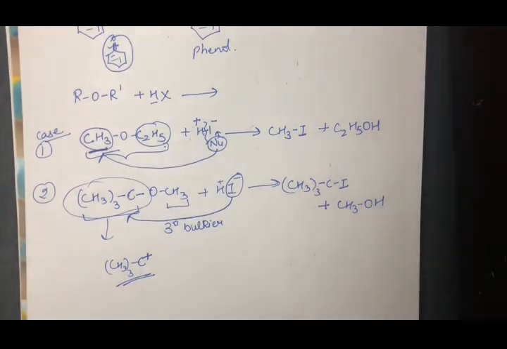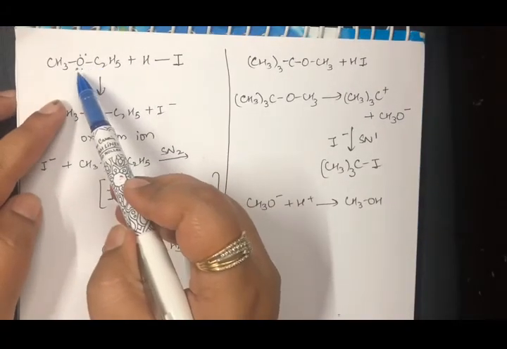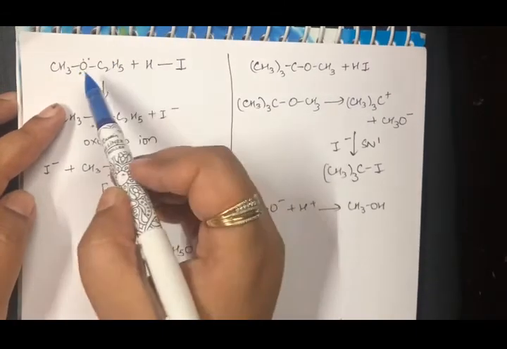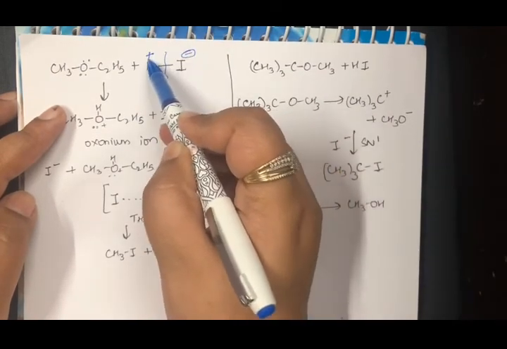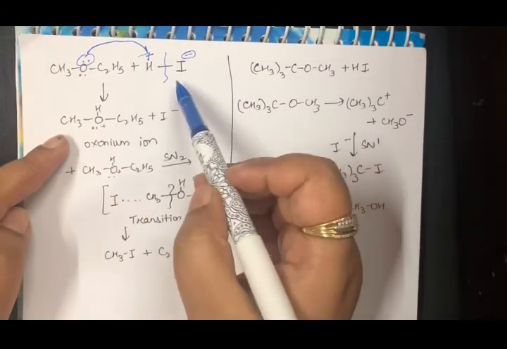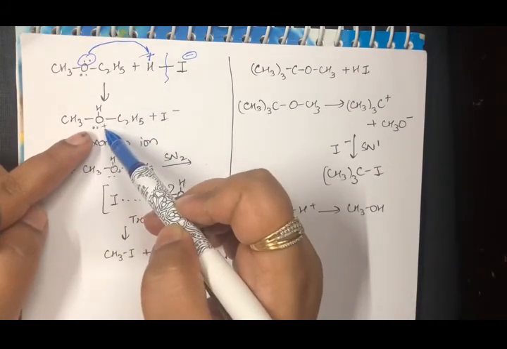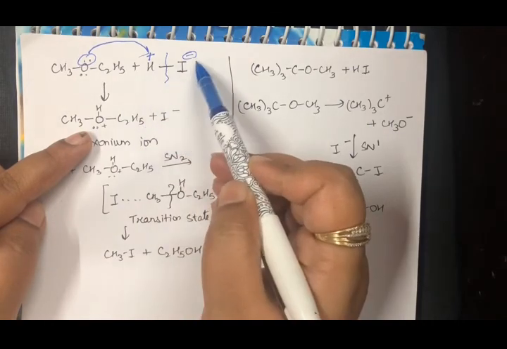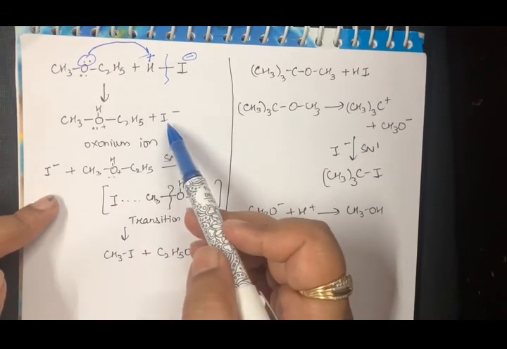Now I am discussing the mechanism for both here. In the very first case, when there were two alkyl groups, neither of them tertiary in nature, it was attacking with the HI. HI will break from here, this will be negative and this will be positive. This lone pair will go and attack my positive side. So what will I get? I will get CH3O, and it is an oxonium ion where the oxygen has got the positive charge along with the hydrogen, with the other group of the ether that was already present, and iodine minus is free in nature to attack. This is my nucleophile now.